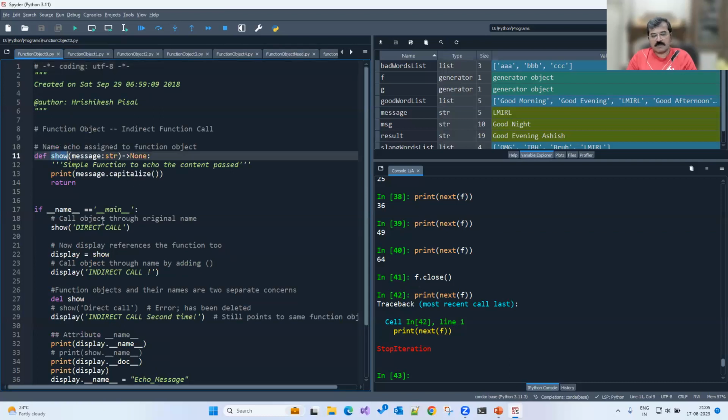Watch it. I have a function called show. It has a message as a parameter, which is of type string. What is the message? We're going to capitalize that particular message. So what's so special over here? Before I do that, I need to understand